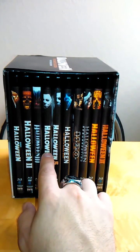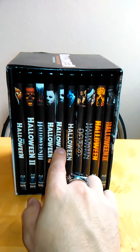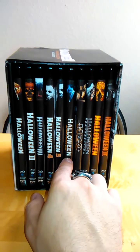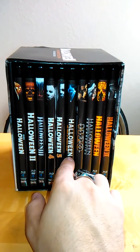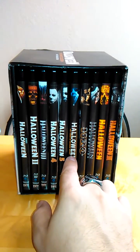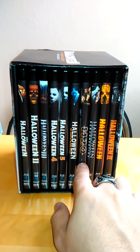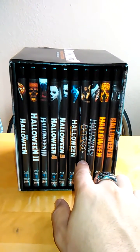Part 4, which debuted Danielle Harris. Danielle Harris was in her second movie, which was 5. Halloween 6 didn't have Danielle Harris in it, but whoever was playing Jamie, I kind of feel bad because Danielle Harris didn't get the role. Other than that, you got H2O, Halloween 20 years later, which Jamie Lee Curtis comes back into this movie, and